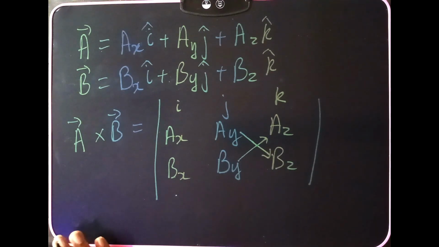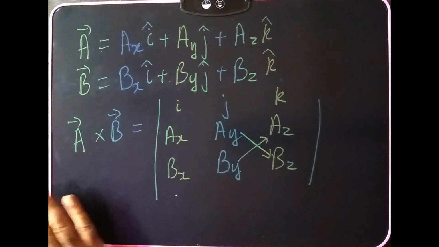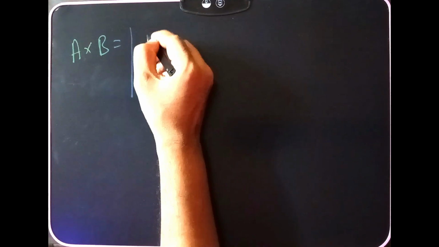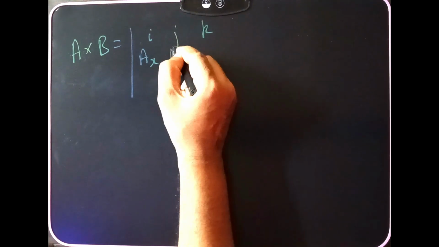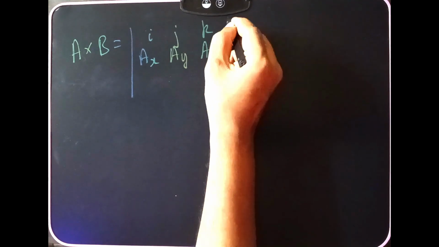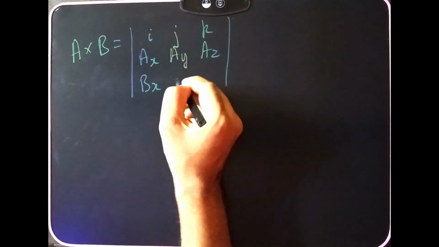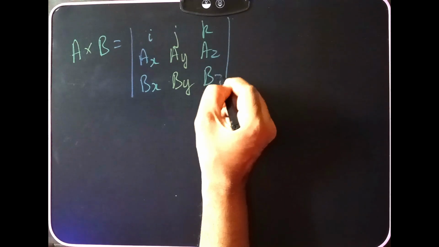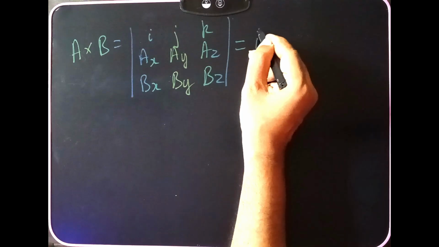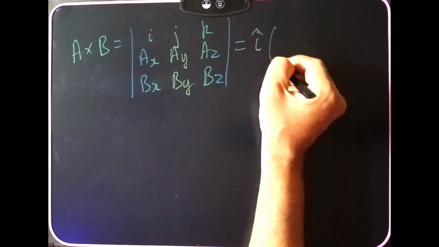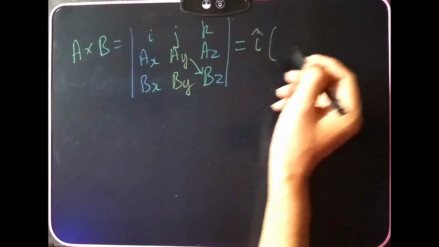So let me take it on another slide, I guess. We don't have sufficient place here. Let me take it on another slide. So A cross B is given as i, j, k. This will be Ax, Ay and Az, and this will be Bx, By and Bz. So the i component of this will be given as Ay